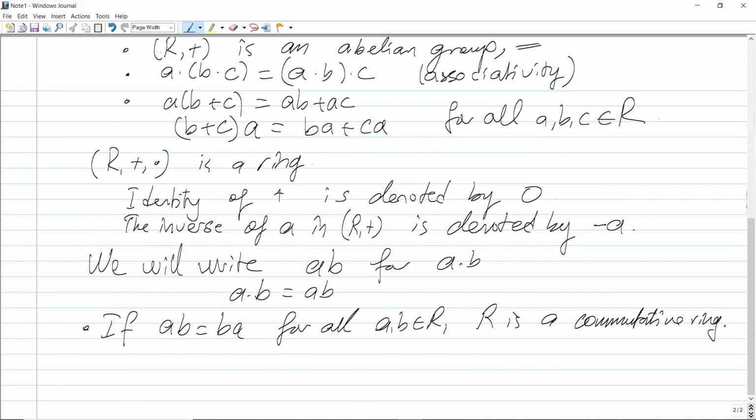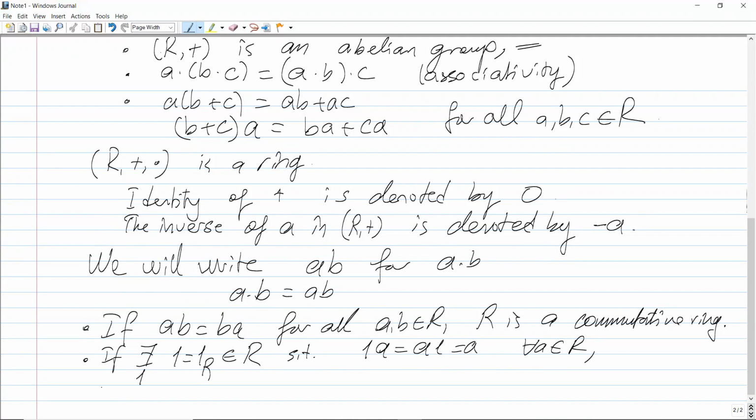Commutative ring. And also, if there is an element denoted by 1, or sometimes in order to stress the ring, let's denote it like this, 1_R. If there is an element like that in R such that 1 times a is equal to a times 1 is equal to a for all a in R, then we say that this 1 is called